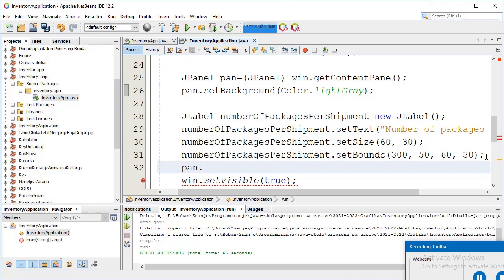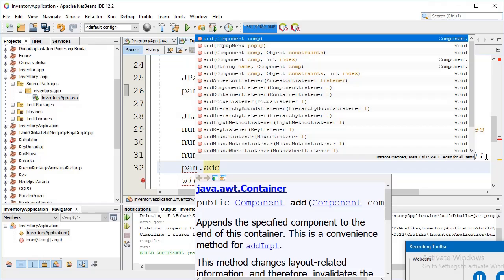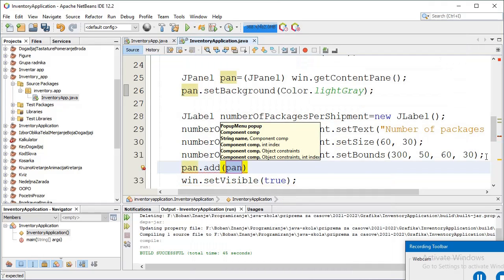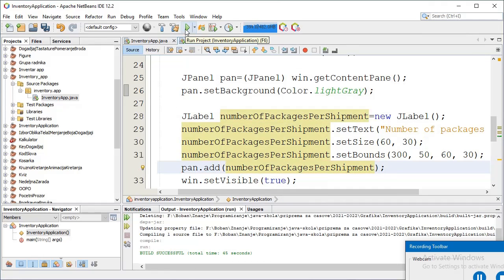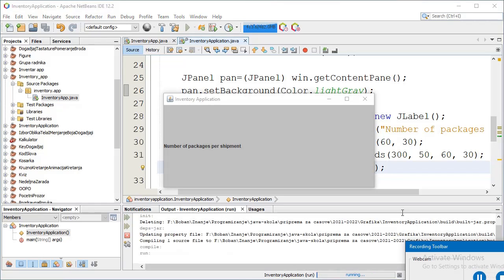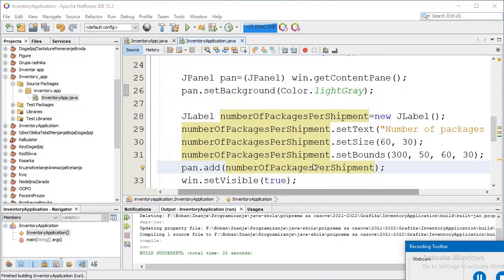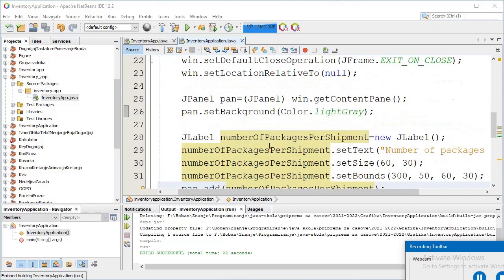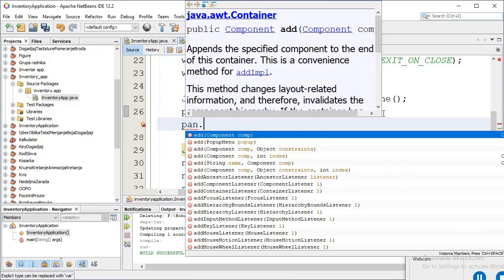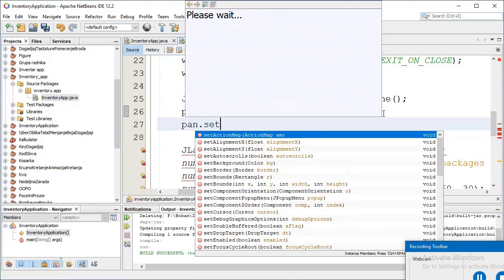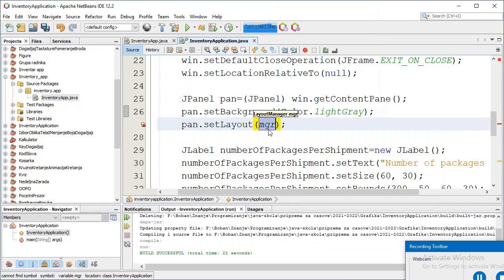So pane dot add the object. That's it. Look how it looks. Oh, this is the text, but the coordinates are wrong. That's because I didn't set a layout manager for the pane object. I must call the method setLayout, and for the layout manager I pass a null object.